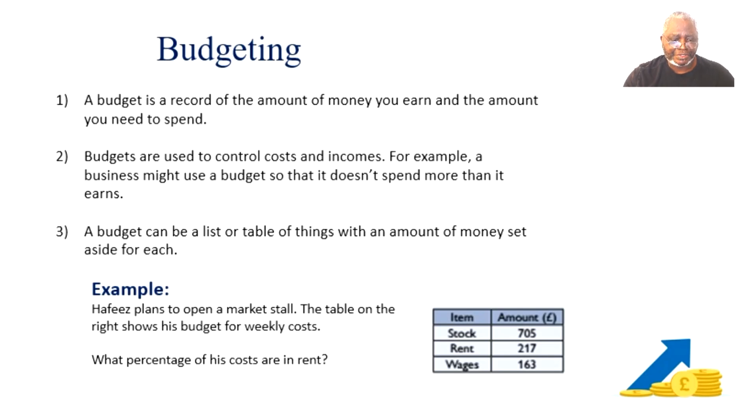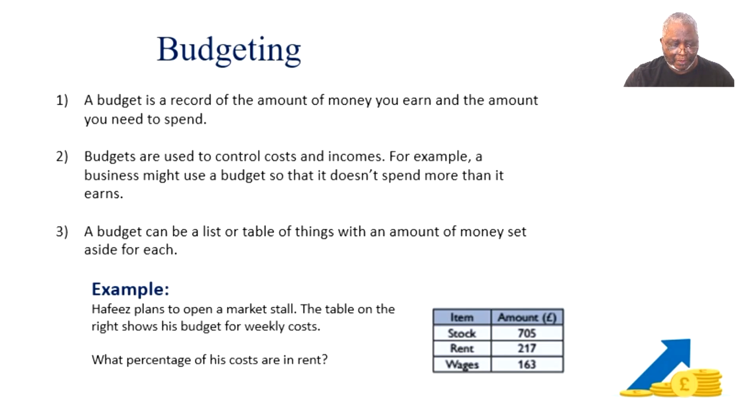So, a budget is a record of the amount of money you earn and the amount you need to spend. That way you can plan how much you want to save every month as well. Budgets are used to control costs and incomes. For example, a business might use a budget so that it doesn't spend more than it earns. A budget can be a list or table with an amount of money set aside for each item. For example,